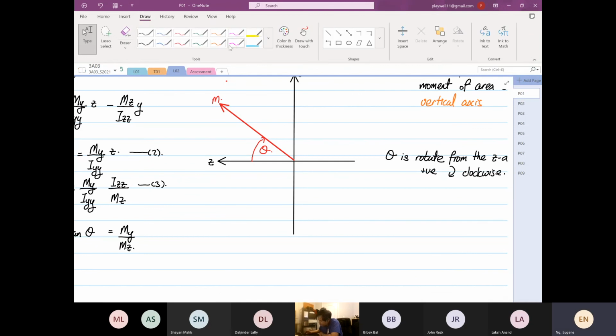Okay, so this is our My, and then we have our Mz. Right, so this is our Mz. So we know that My, okay, so from here, we know that My